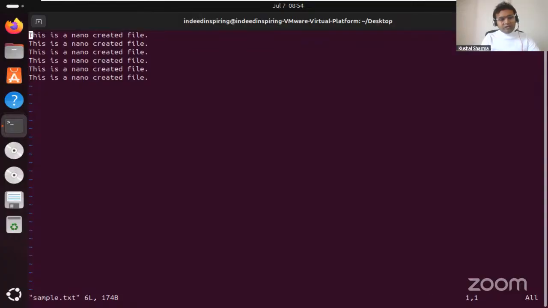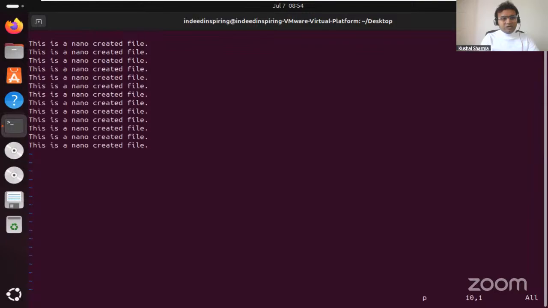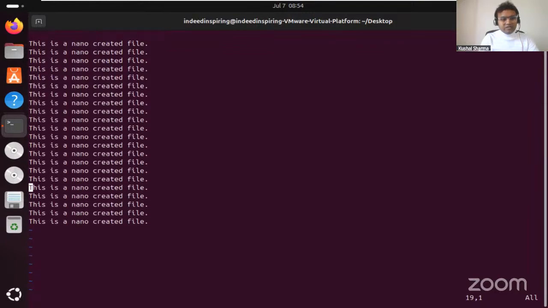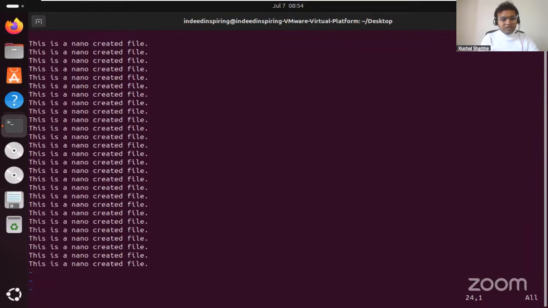Now if you press double D, it is going to delete a single line. If you press I, it will go back to the insert mode. And here, if you just press escape and then P, it is going to paste that particular line. You can see it is pasting the particular line. So P is for paste. And then